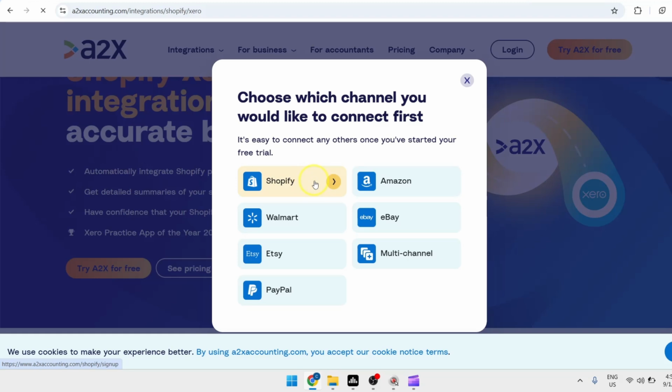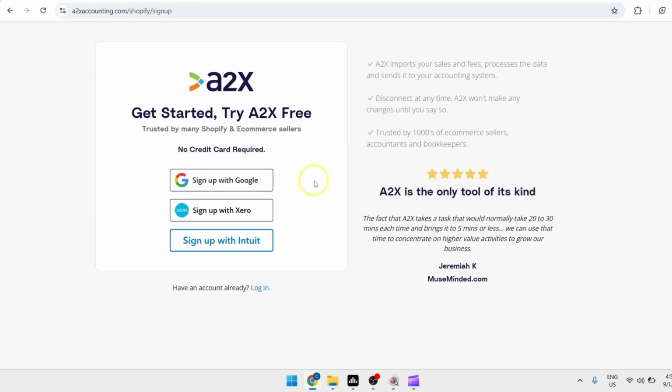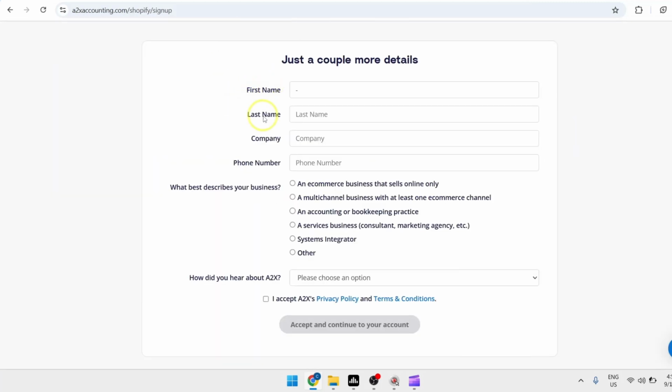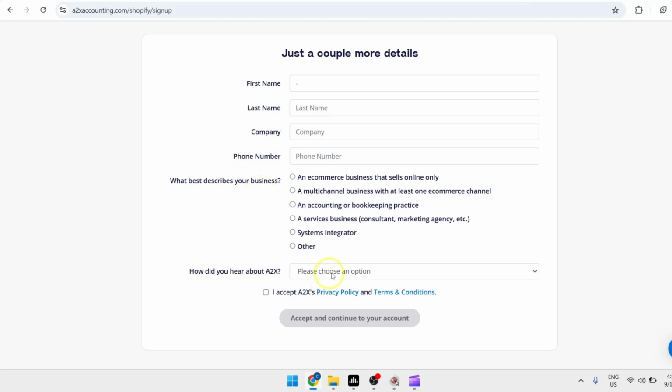select Shopify. You will then be prompted to sign up or log in to your A2X account. So in my case, I'm just going to sign up with Google, add in details, first name, last name, company name, phone number, what best describes your business, how did you hear about A2X. Of course, make sure that you accept privacy policy and terms and conditions, then proceed by clicking on accept and